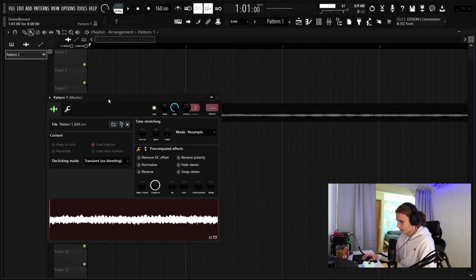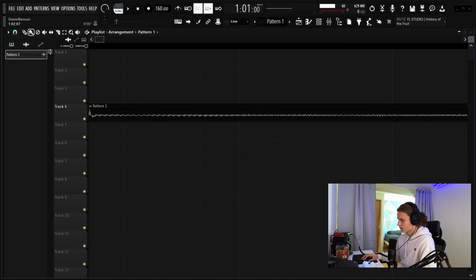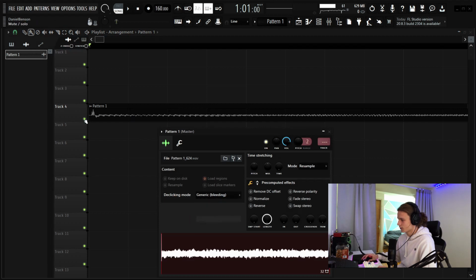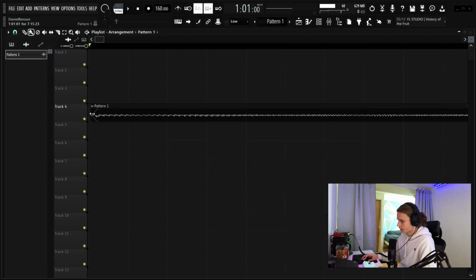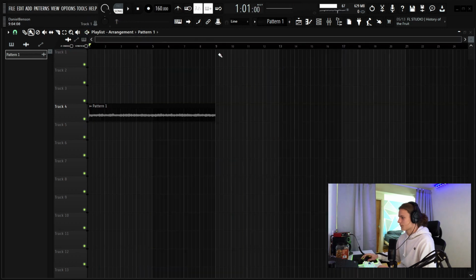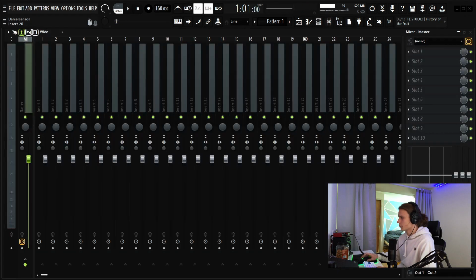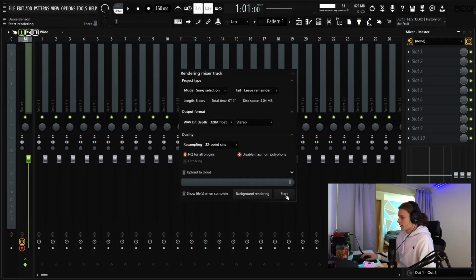And then there's a little click at the beginning. You can see if I zoom in right there. So that doesn't sound too good. So we're going to go ahead, turn on generic bleeding, and then just go like that. Alright, so now that just sounds a little bit better, so you can go ahead and record that again, just